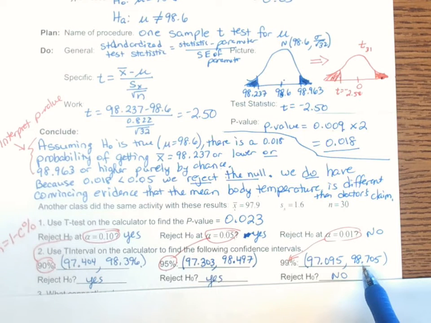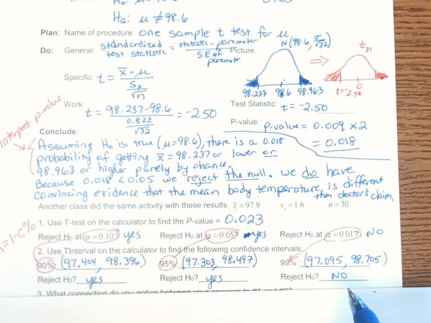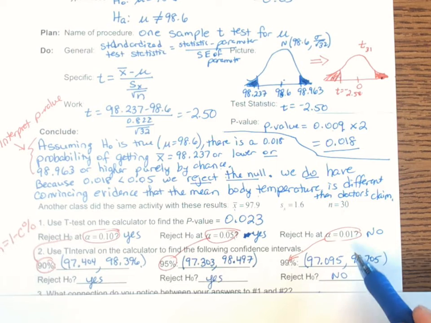And now the value of 98.6 does fall between these two values. So it's within the confidence interval, so I would not reject the null value. So I just want you to see that you can use a confidence interval very similar to how you did